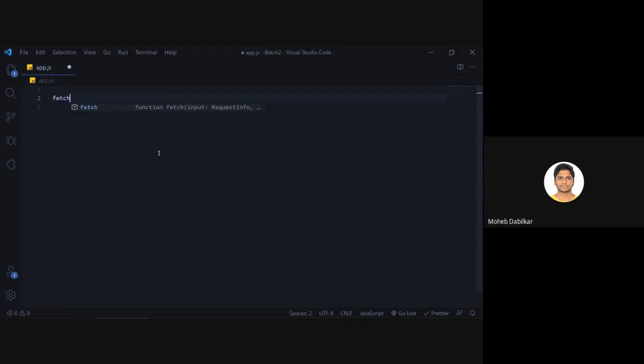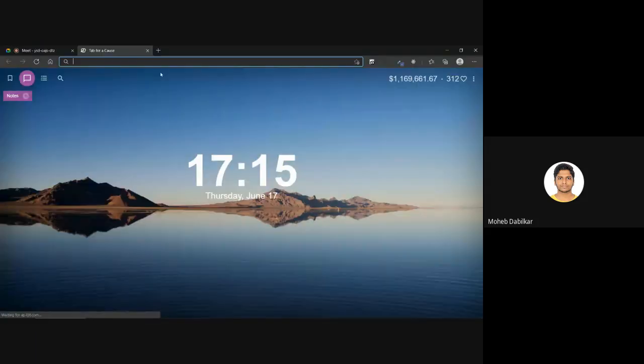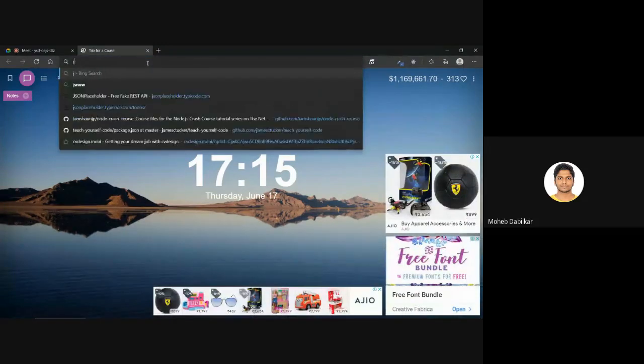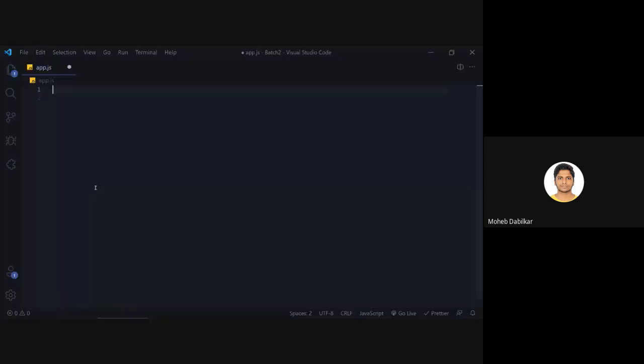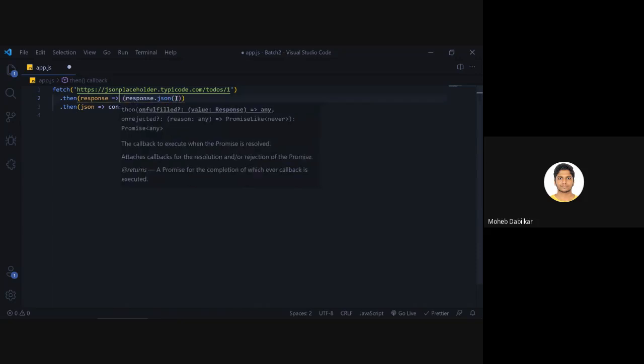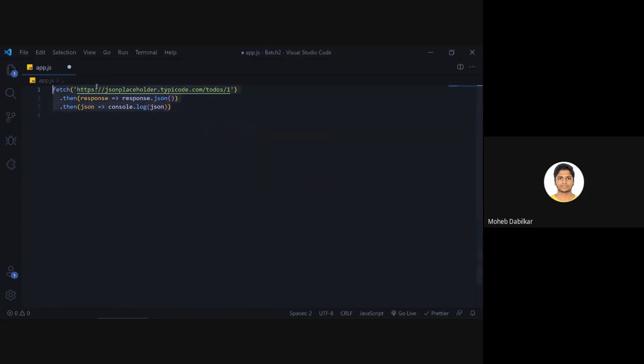Fetch API gets data for you, and then it allows us to use the .then method. So right now we will go back to our JSON placeholder typicode.com, and you see it just says fetch. So now it says fetch from here, and then go to the todos, and then from then response.json, and then with your JSON, console log JSON.